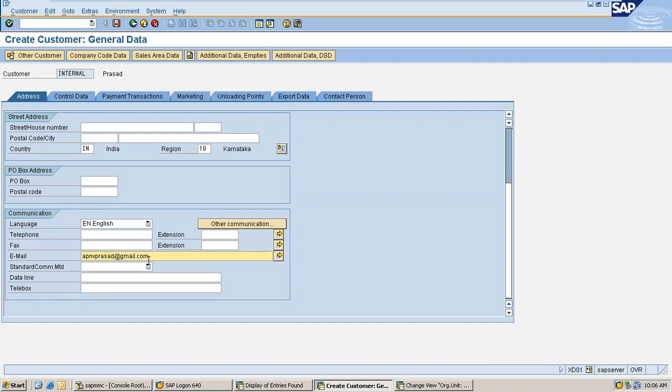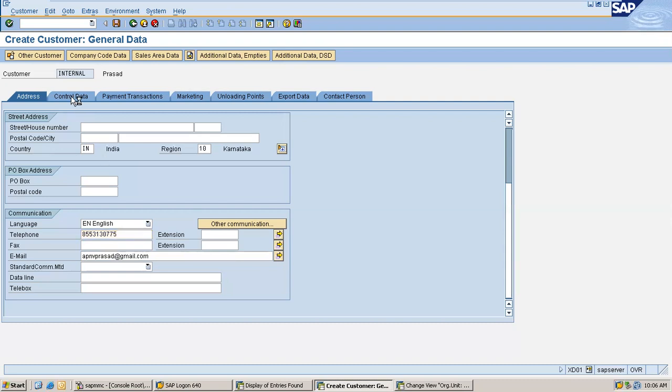Customer email ID. If you maintain this mobile number and email IDs, all the communication, like any offer communications, will be sent there. When you create a sales order, you will receive an order copy, right? That order copy, delivery challans, billing documents, all are received at this email ID. And communication will be sent to this telephone number. So you can maintain email ID and mobile number for communications.